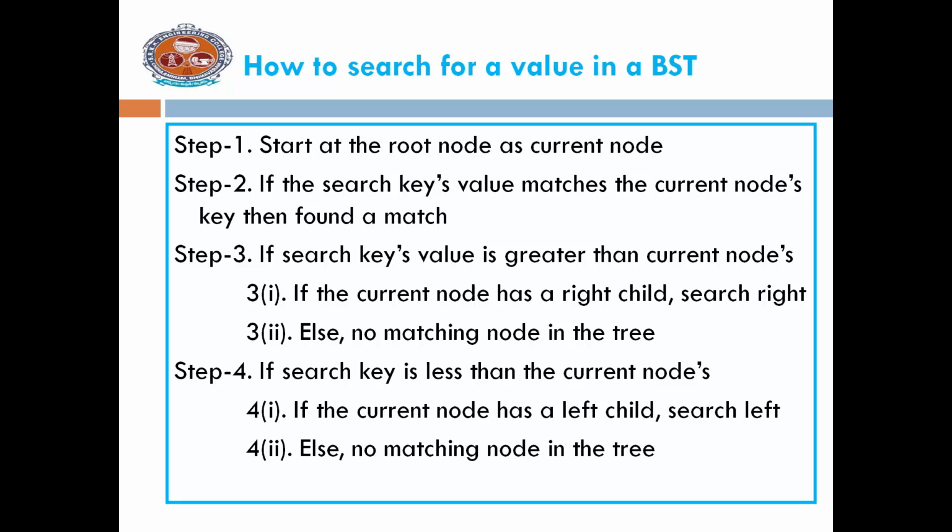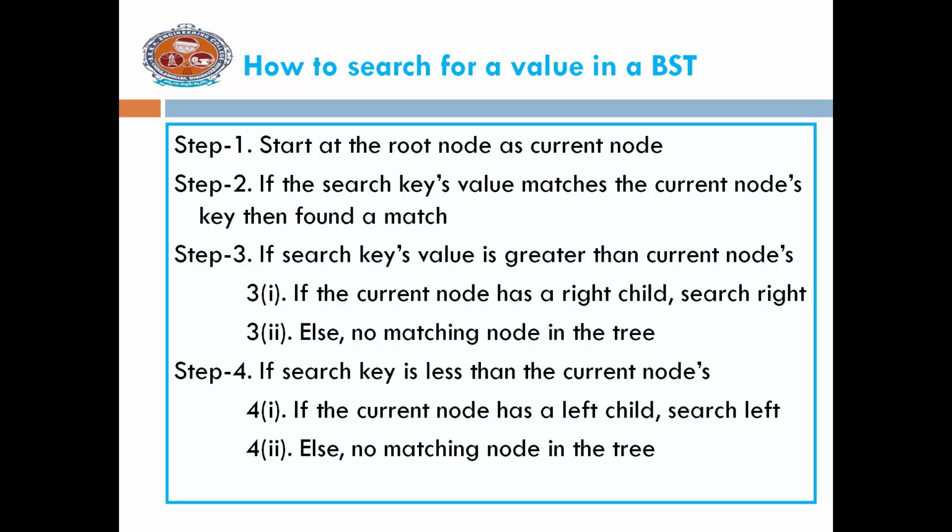Similarly, as when you are inserting a new node, you have to compare the search element with the root element here also. So start at the root node. That means you are comparing your search element with the root element. If your search element and the root element are the same, then we can directly print a message that the element is found. Next, if the search element differs from the root element, you have to traverse either in the left direction or in the right direction.